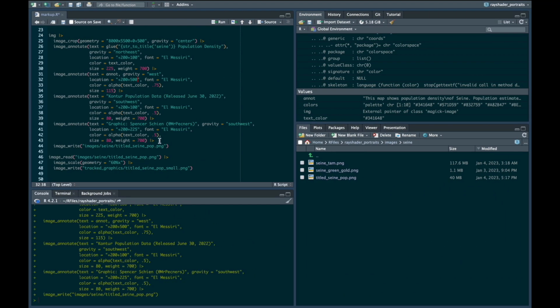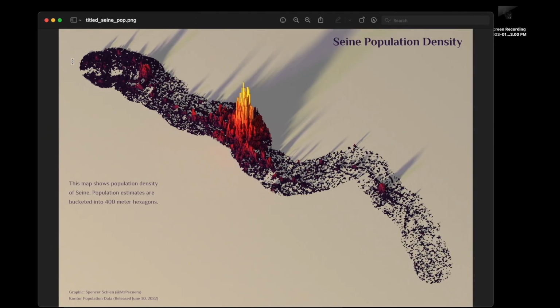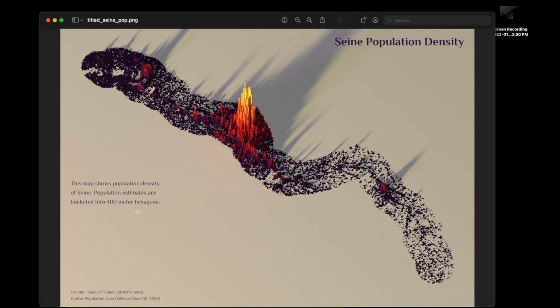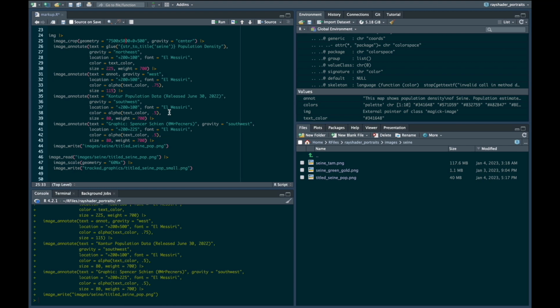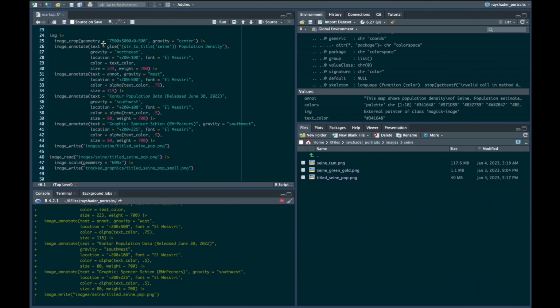I think I want to tighten this up a little bit. Let's see if we can bring that in a smidge. And I think this actually can stay at 5,000, just as long as we have the 500 pixel offset there. Let's see, I still don't love these annotations. What if